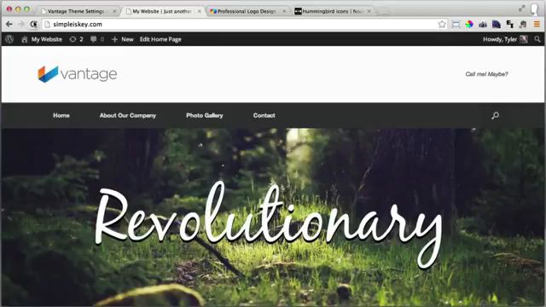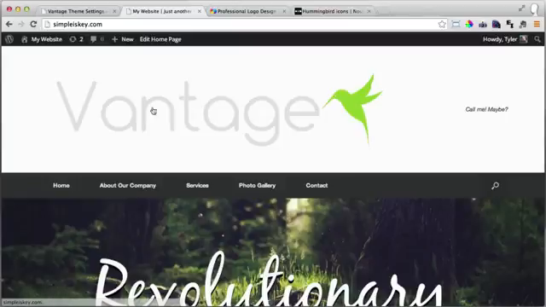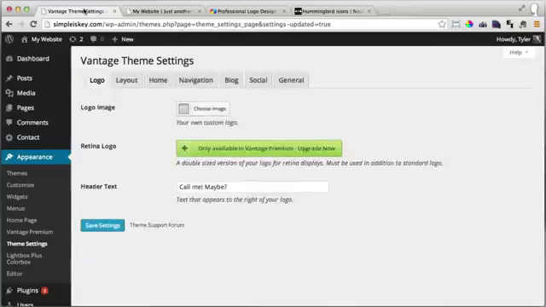Alright, once we do that, it's going to look really messed up because it is a huge, huge logo. So that looks a little crazy. Not too crazy, it looks okay, but it doesn't look great, and we want your website to look great. So what we're going to do is we're going to click on Appearance, Theme Settings,